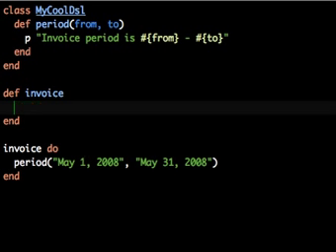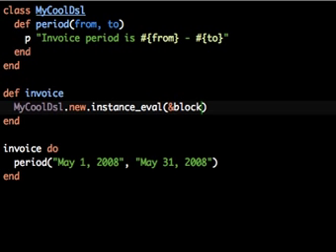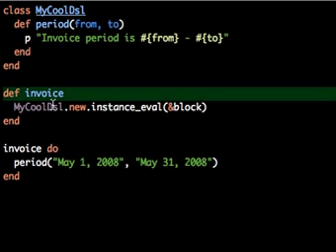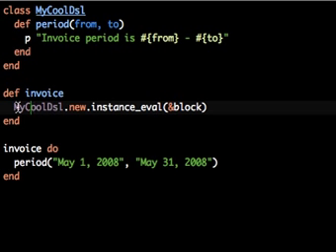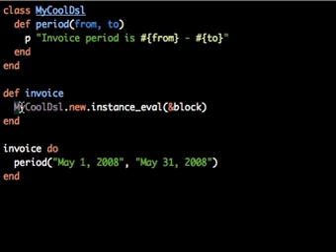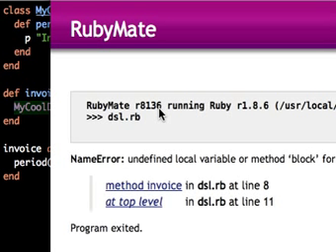So let's do this. I say MyCoolDSL, and I instantiate it. And then I do an instance_eval, and then I pass in the block. Basically I'm saying, hey, when somebody calls the invoice method, evaluate whatever is within the context of MyCoolDSL. If I run this,